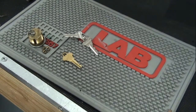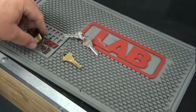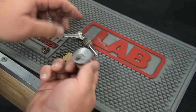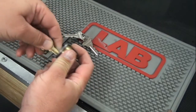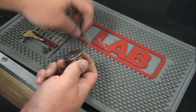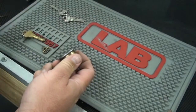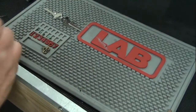I'm going to be talking about rekeying versus replacing locks tonight. I'm going to show you in a roundabout way what we do if you ask us to come out and rekey your locks. Right now this lock is keyed to work with this key. This key does not work it, but I am going to rekey it so that this key will work it. Now, while I'm doing that,